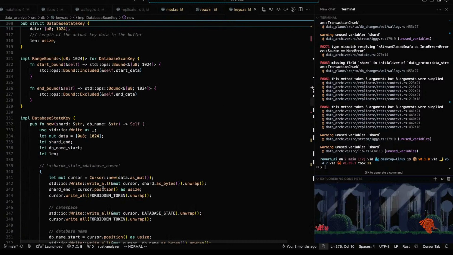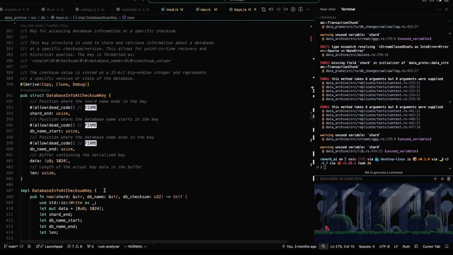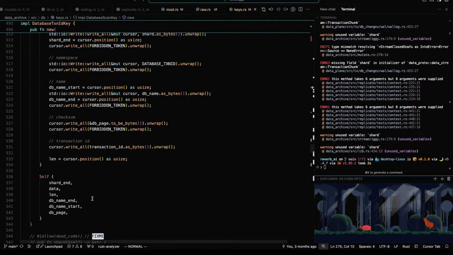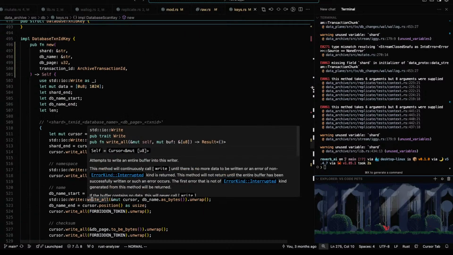I don't really want to change all of this. Let's just make it extensible.